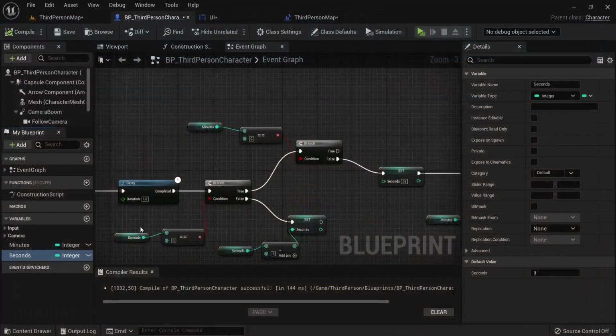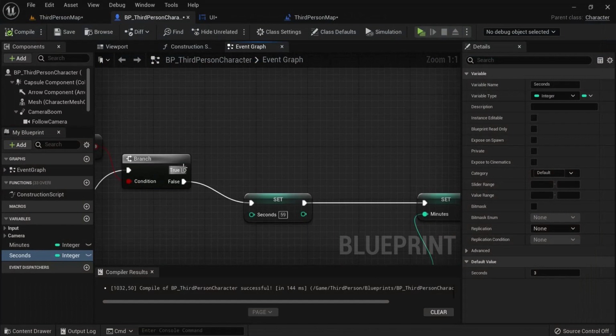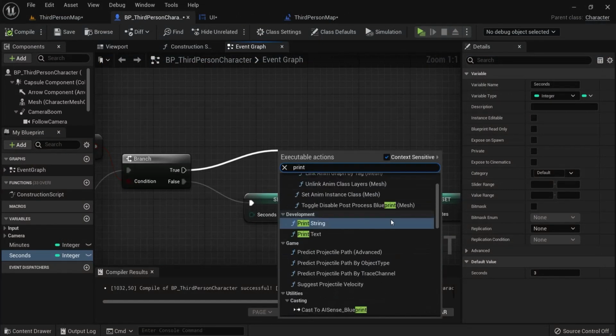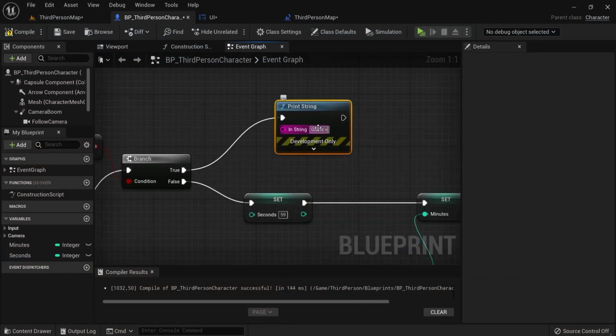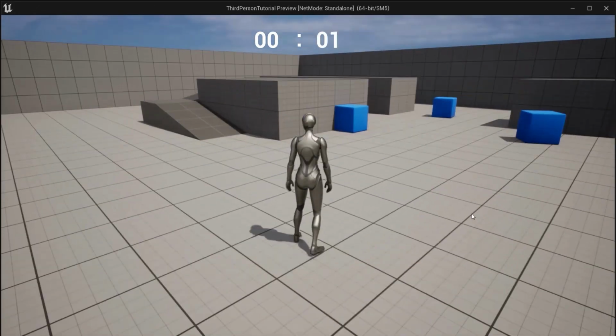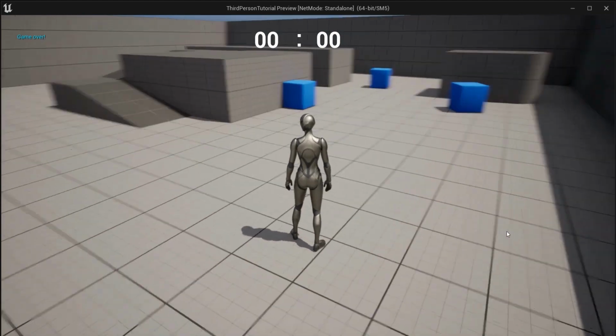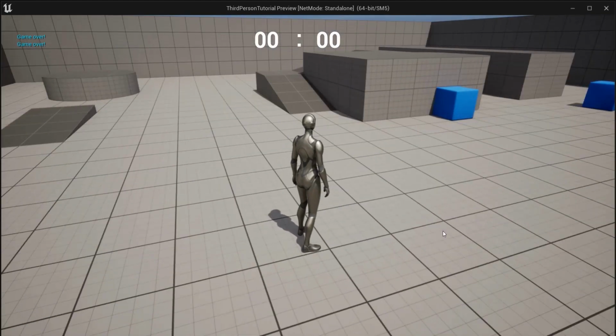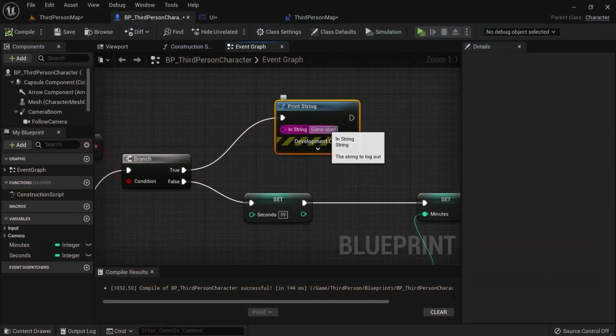So what you can do now is from this true value do anything you want. So print string, for example, game over. So play, 3, 2, 1, and then you see left on top game over, and it runs. But what you can also do